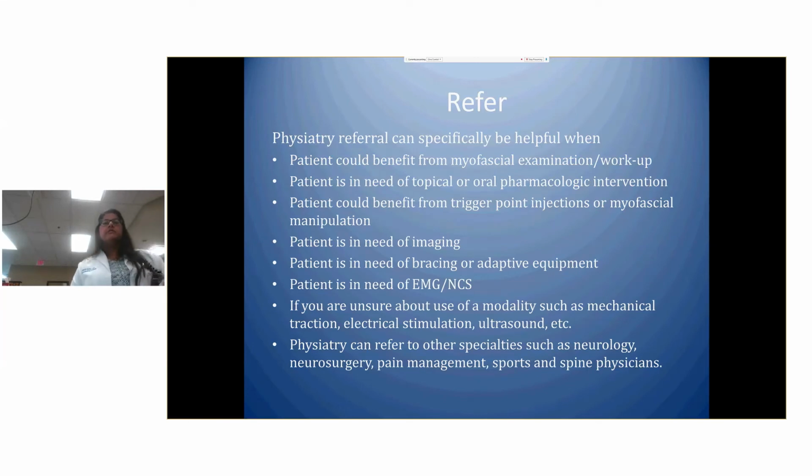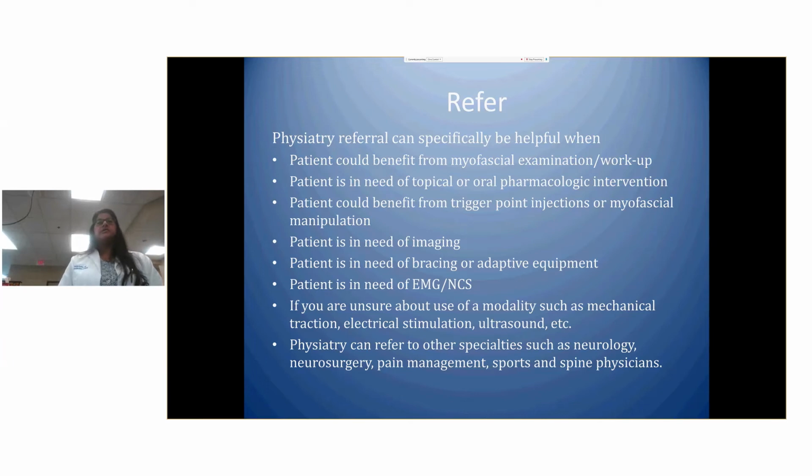Physiatry referral can also be helpful if you have patients that you think could benefit from a myofascial examination and workup, or are in need of a topical or oral pharmacologic intervention, could benefit from trigger point injections or myofascial manipulation. If the patient is in need of imaging, bracing or adaptive equipment, an EMG, or if you're unsure,